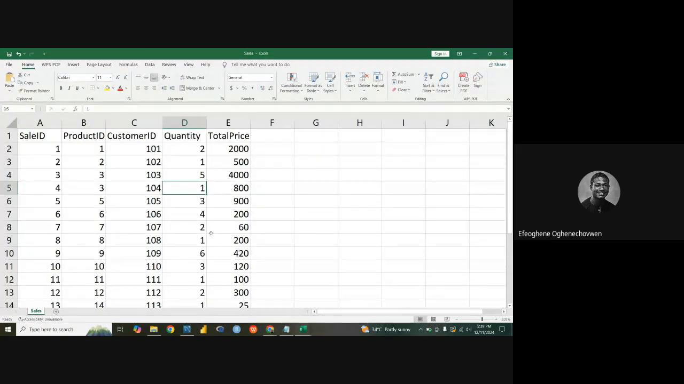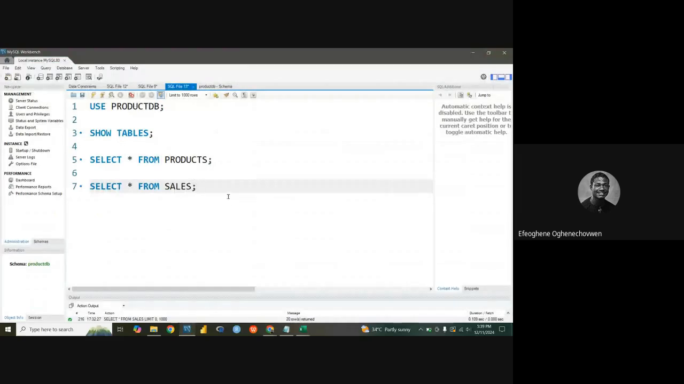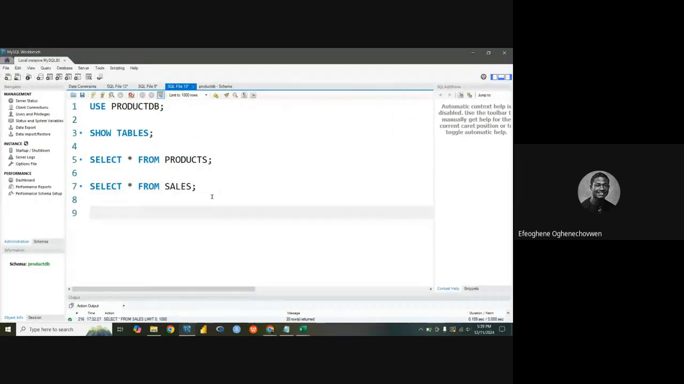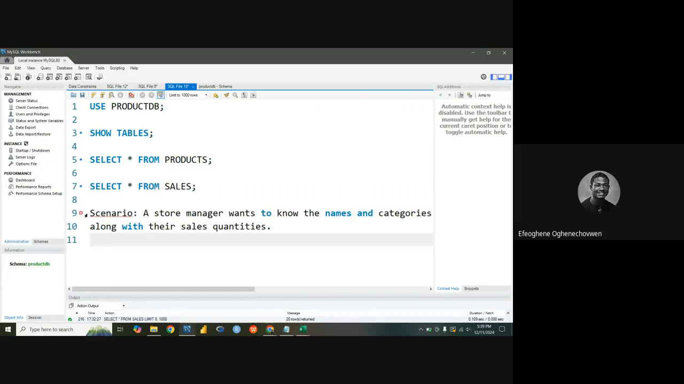So now let's have a demo. This is a scenario. Okay, I'll explain. Just follow through. Let me copy this. I could paste this here and change it to a comment. All right. Let me use the multiple line comment. Okay, so